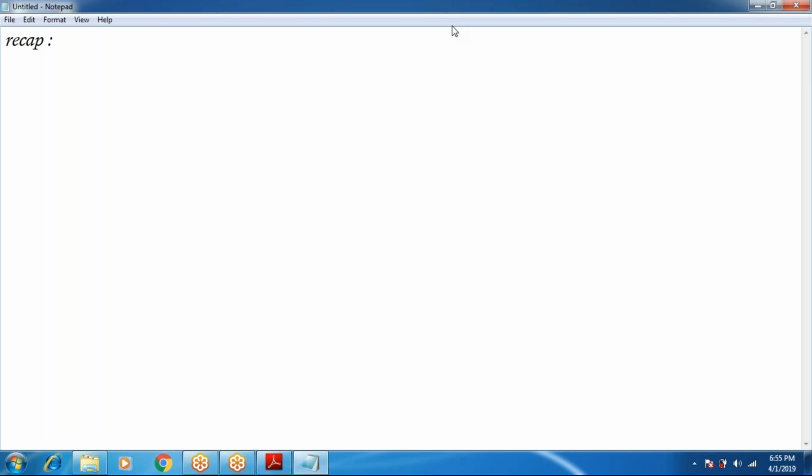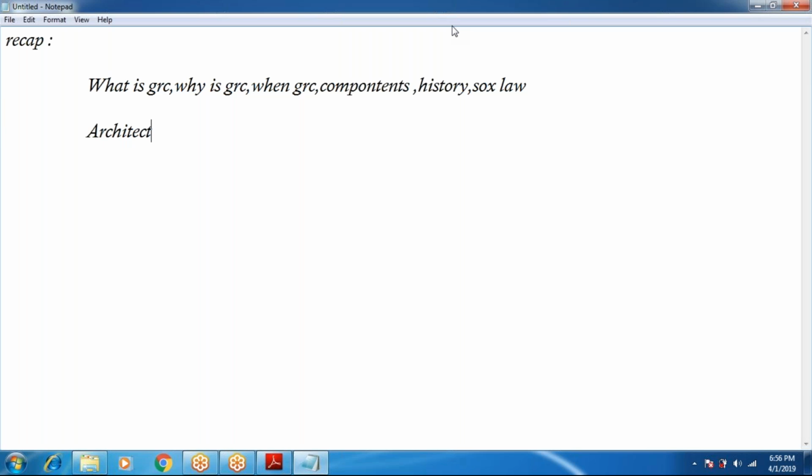So last time you were discussing, Ajay, what is the meaning of GRC? Why do you want to go for GRC? When GRC is implemented, what are the components inside GRC, and the version history. You also discussed what is the meaning of SOX, and in different countries, what type of law you can call. Those things you discussed last time. Now, today I will go for something new, that is the architecture as well as the